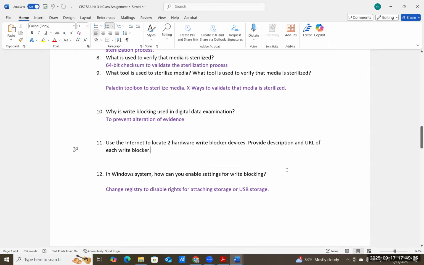Okay, so for number 12, it says in a Windows system, how can you enable settings for write block? Simply change your registry to disable writes. We're going to spend a whole unit on the Windows registry because we can do a lot of things in the Windows registry to find things, right? Anything that a user installs, like let's say I download some kind of app and install it on my computer, it adds that to my registry. Registry is basically a database or a list of your system configuration,